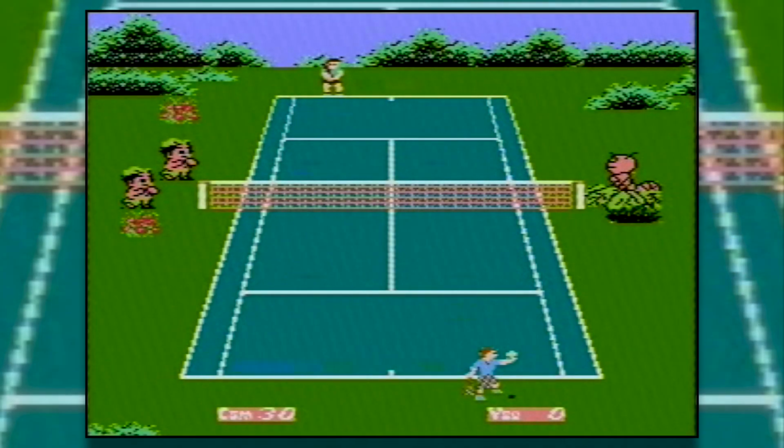Why are caterpillars watching and umpiring a game of tennis? Why are all the insects the same size as all the humans? Are we playing tennis or are we watching some guy's LSD trip gone wrong? What is going on in this game? The sound effects aren't exactly great either, but at its core, this is still Nintendo's original tennis from the Famicom